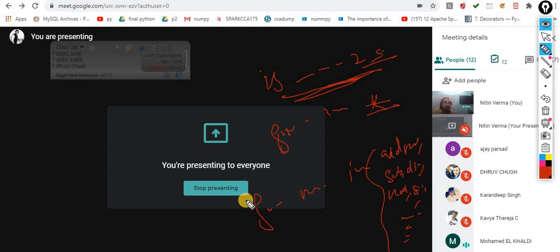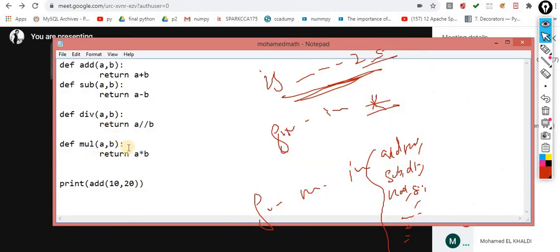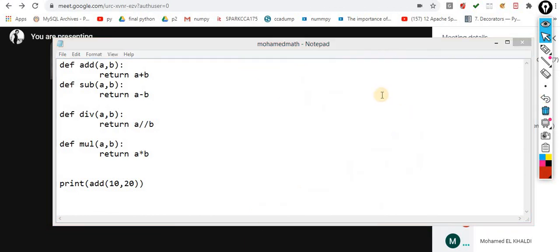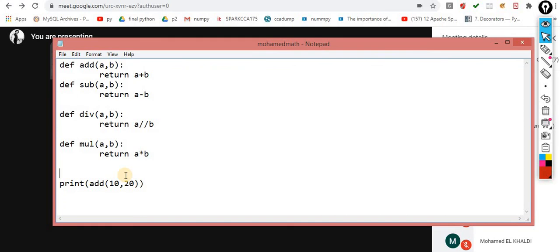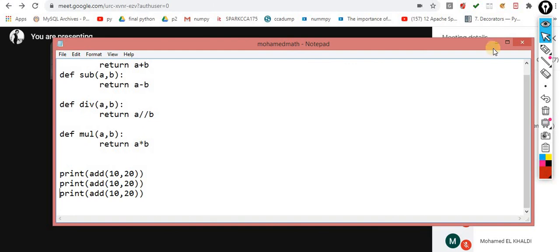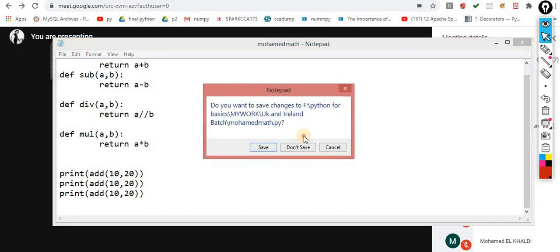So what's the if then? If underscore name underscore. Now understand this scenario. I don't know why you are not clearing this concept. It's very simple. Just leave aside the concept of modules. Take a simple scenario: I have only this Muhammad math file, and inside it I call these functions. Okay, I am taking another code. Just leave it.